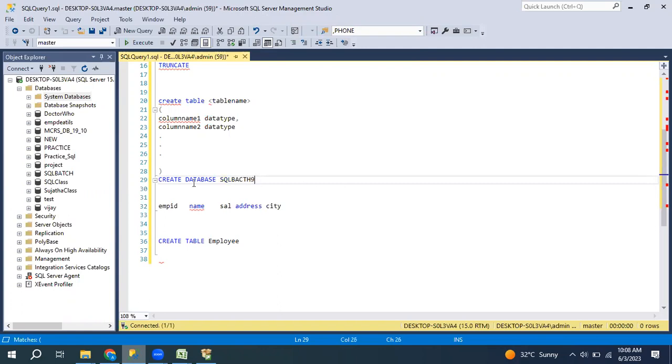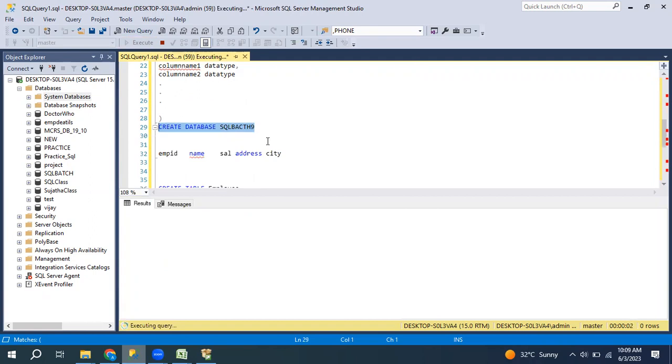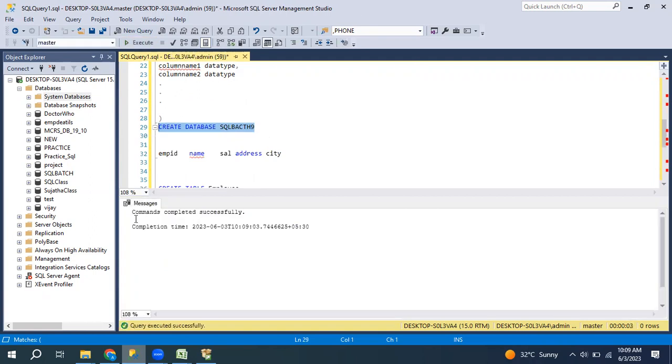There is no database named SQL batch 9, right? So I'm going to create this one. I select it and click the execute button. It is created: command completed successfully.